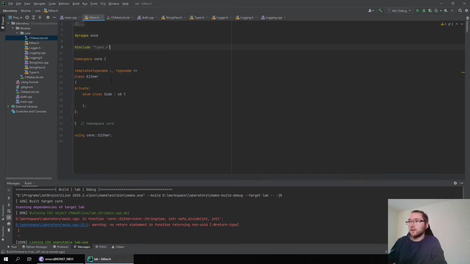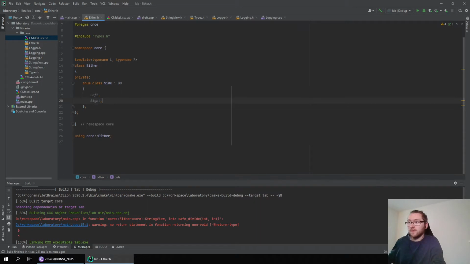Let's include a type alias, and let's say left, right. So now we remember which side we were constructed from, and now how to store the values.